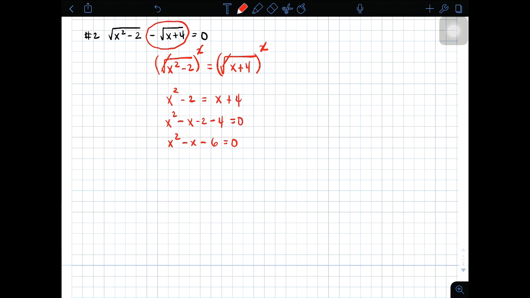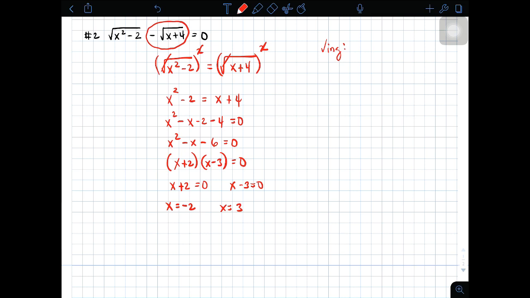And then, to solve for the value of x, you can perform factoring. The factors of this quadratic equation are simply x plus 2 times x minus 3, that is equal to 0. To solve for the value of x, you will have x plus 2 is equal to 0, x minus 3 is equal to 0, and the values of x are x is equal to negative 2, x is equal to 3. So for the last time, you need to do checking